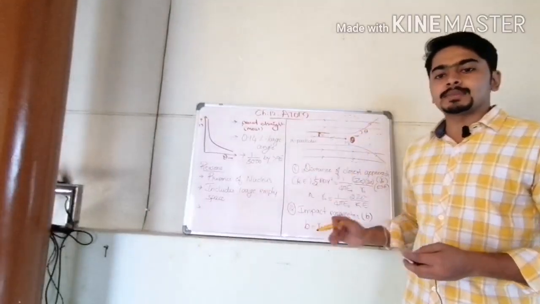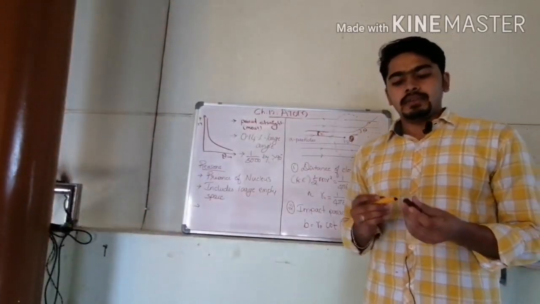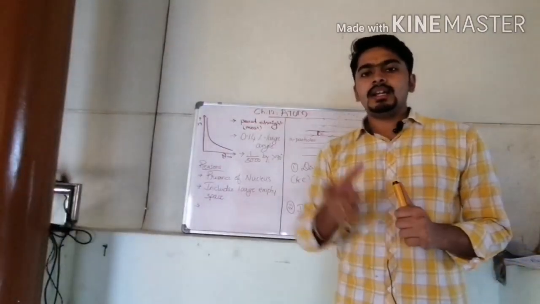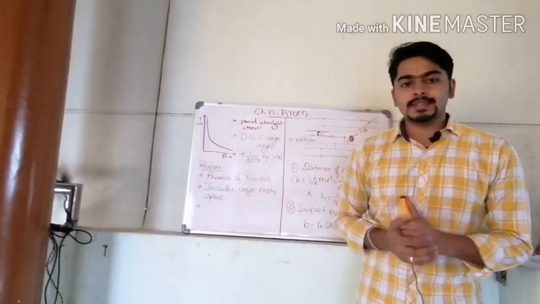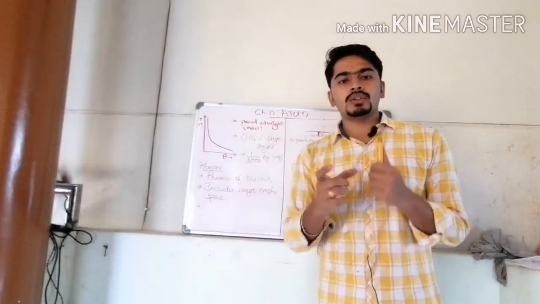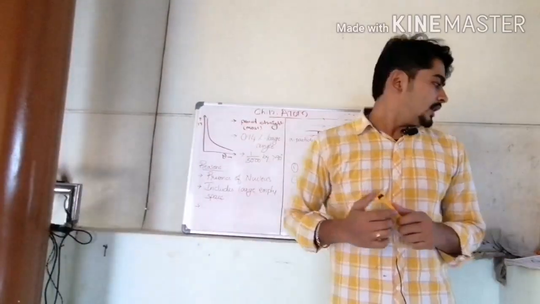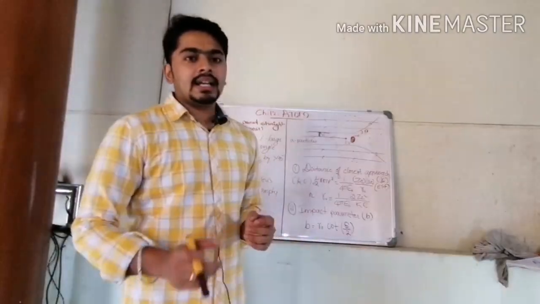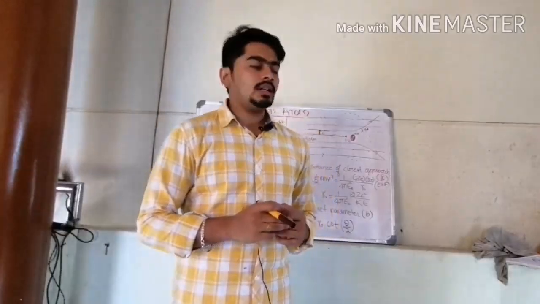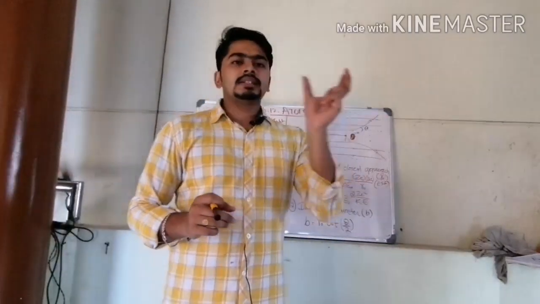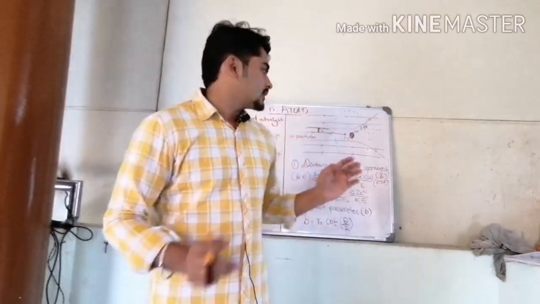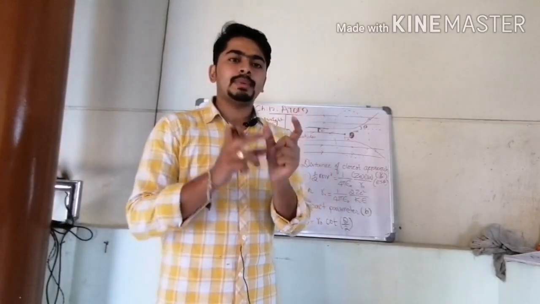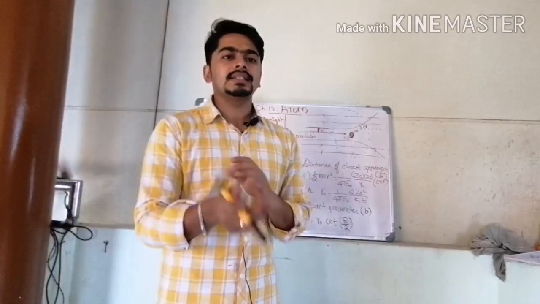These are some of the theoretical explanations given by Rutherford, through which we can postulate the statements of the Rutherford scattering experiment, or the Rutherford model of an atom. From these data we can postulate the Rutherford model. First, about the charge of the nucleus: according to this, we can conclude that there is a presence of the nucleus and its charge is positive.